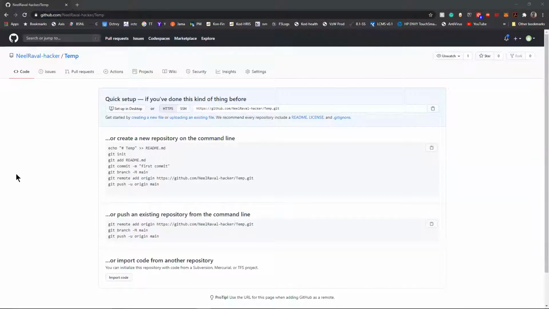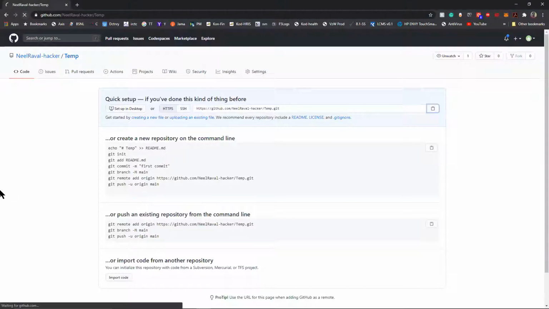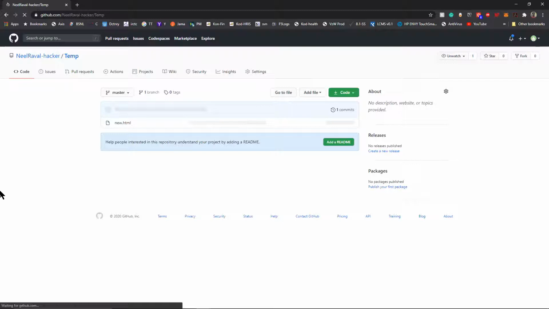Okay, so this is the page that you get. I'll just reload the page. Can you see my GitHub screen, my Chrome? Yeah, it's visible. Okay, so as you see, when I do git push origin master, it comes here. I'll leave another link in the chat box so that you guys can get to know how to exactly push and commit changes.